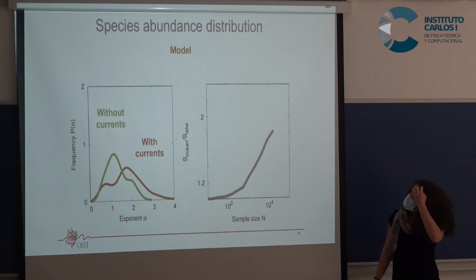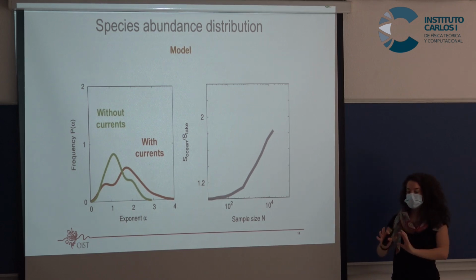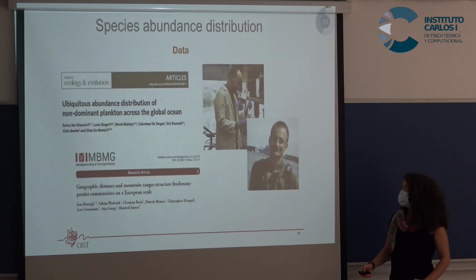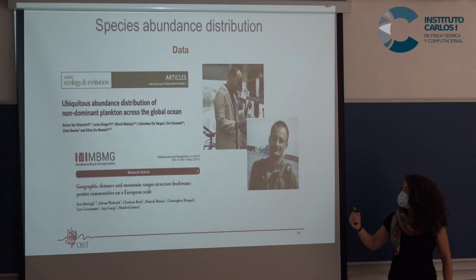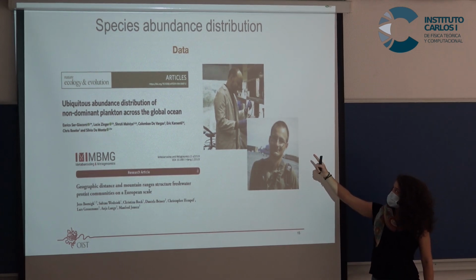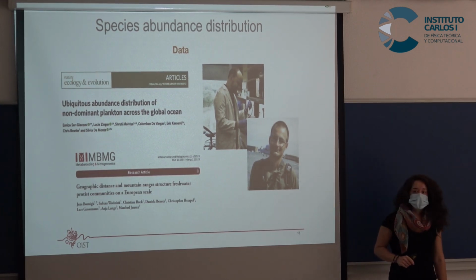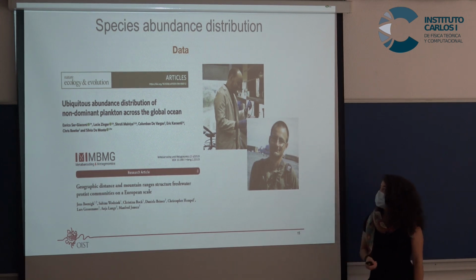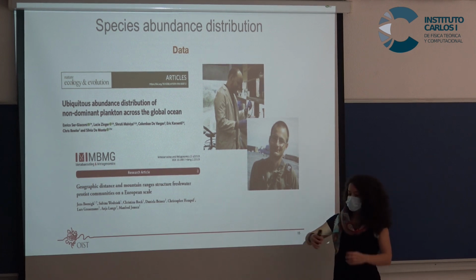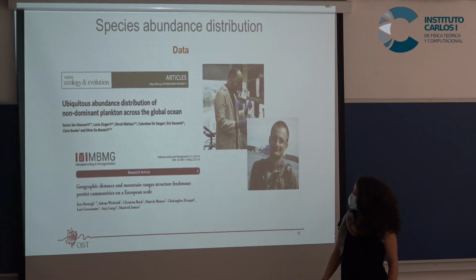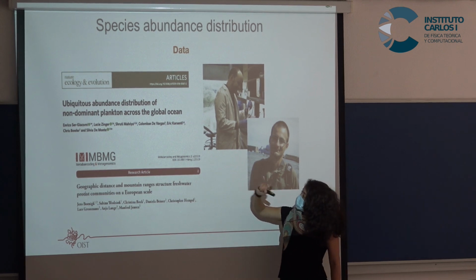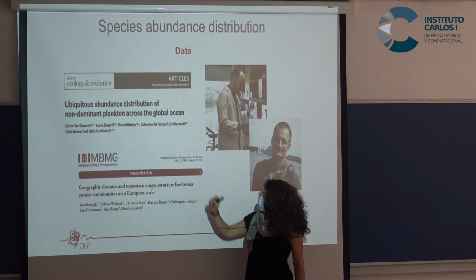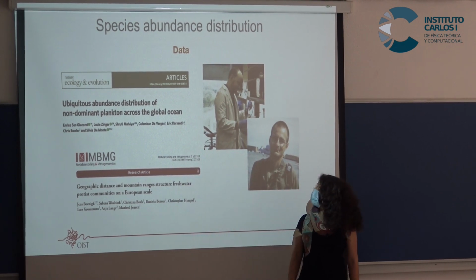So now that we have characterized what happens with currents in our model, we wanted to compare it with the data. For that, we called our colleagues at OIST, Alex Bousset and Tom Bourguignon, who are biologists and specialists in sequence data, and they helped us analyze our data. For ocean samples, we used this reference, and for lakes, we used this one.